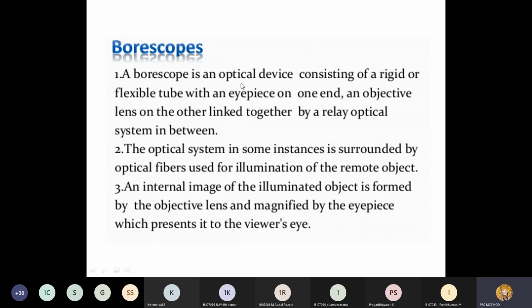So the borescope is an optical device consisting of a rigid or flexible tube with an eyepiece on one end and an objective lens on the other end. So all these objective lens and